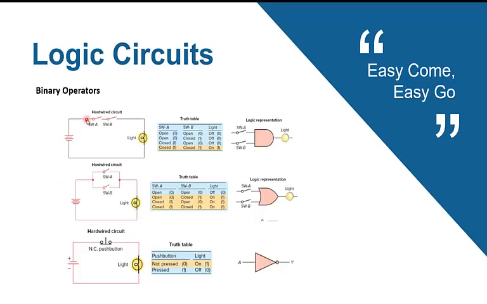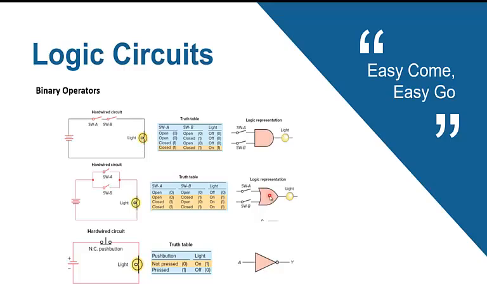Here we are going to talk about the physical implementation of the binary operators. For example, if we have here an AND gate and we have two input switches, switch A and switch B. If they are both open, the light will be off. If both are closed, the light will be on. And it will be mapped as hardwired circuit, like series combination of two switches. We have switch A connected in series with switch B, and both switches should be closed in order to get